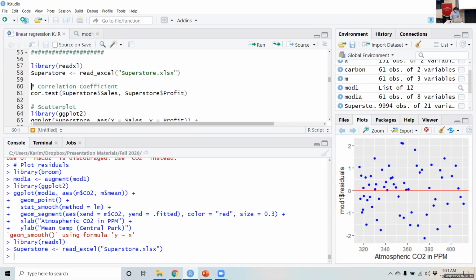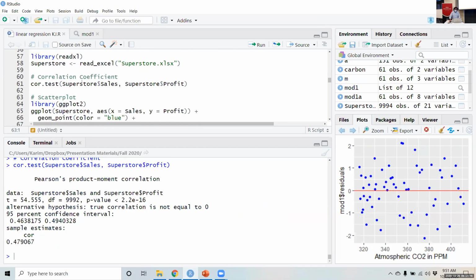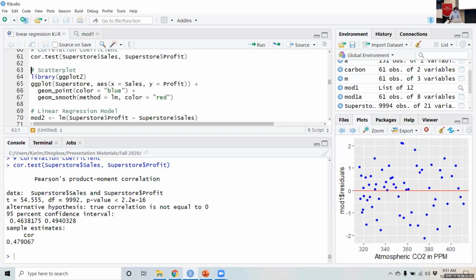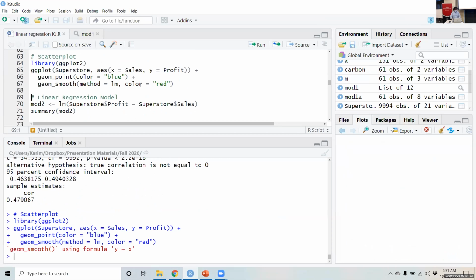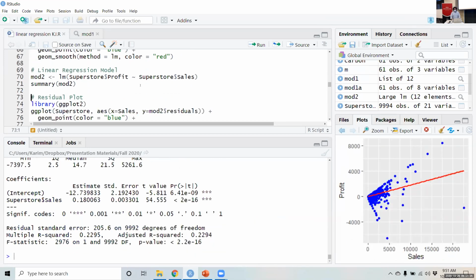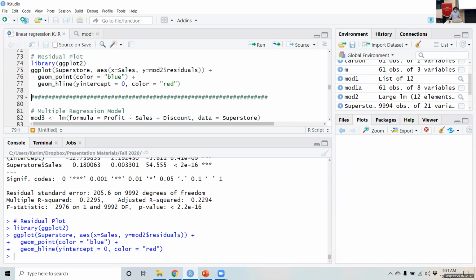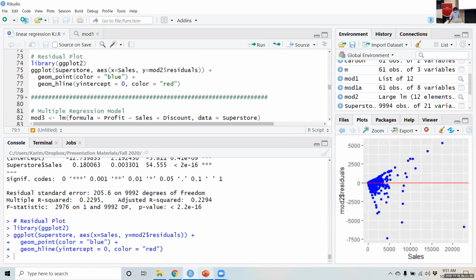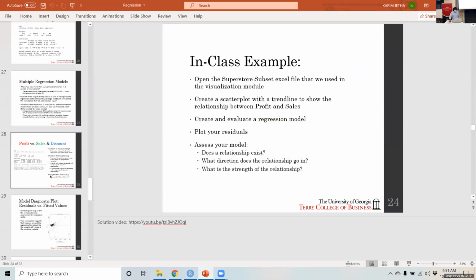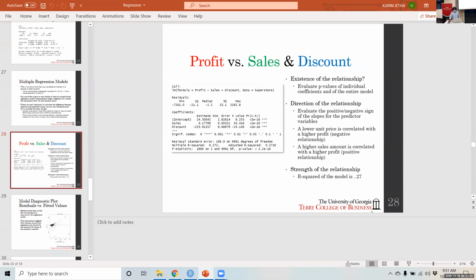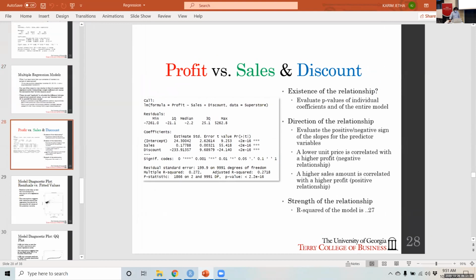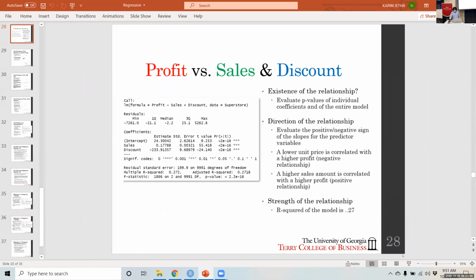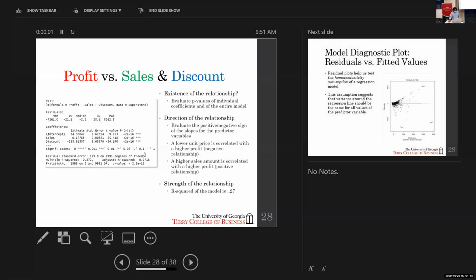So the correlation coefficient, just cor.test. And then you can test between Superstore sales and Superstore profit, create a scatter plot the same way, and then run your regression model residual plot exactly the same way as before. So what if we have multiple predictor variables, right? Multiple regression model. This is something that you all are familiar with. How do you actually make R understand how this works? Well, all you need to do is